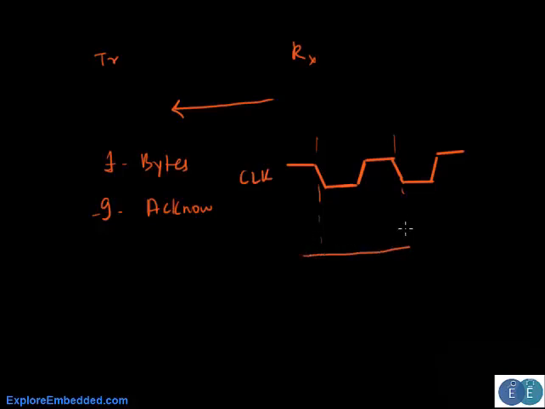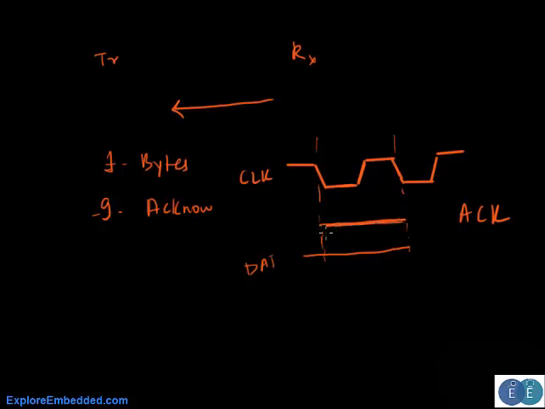Since any of the devices could pull the data line low, the slave pulls it low to indicate that the previous 8 bits or a byte was successfully transferred, and this is called the positive acknowledgement or ACK. There could be a negative acknowledgement in which the slave or the receiving device